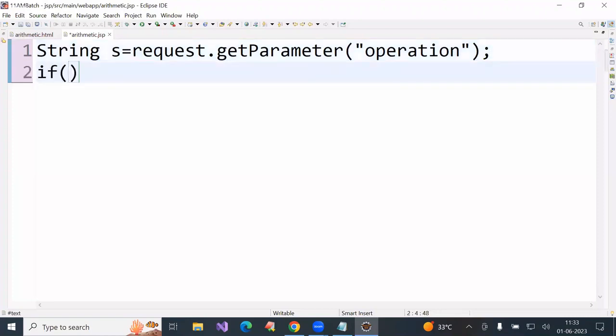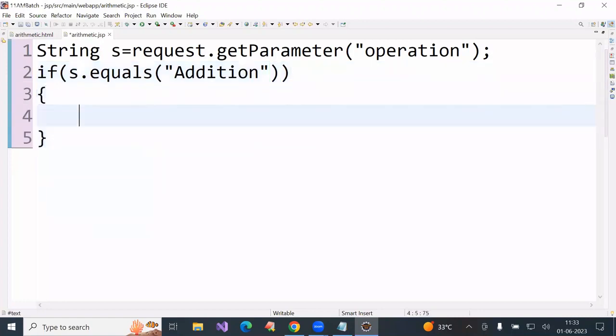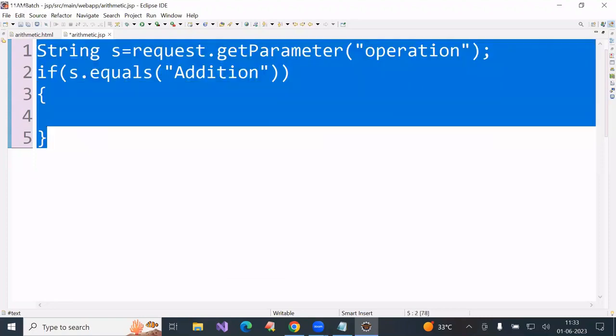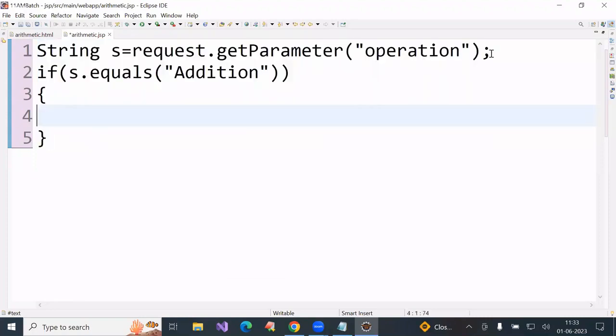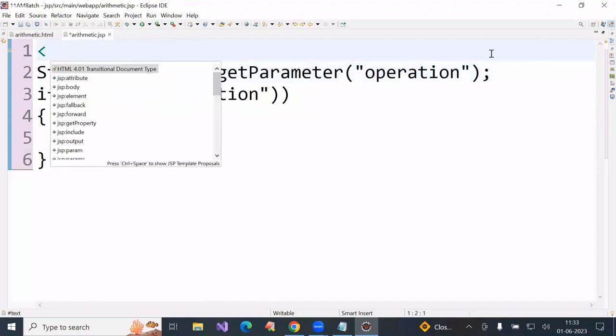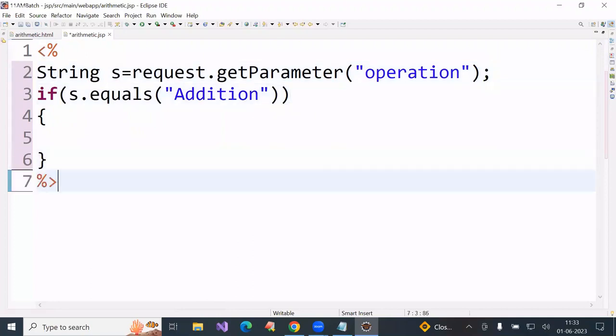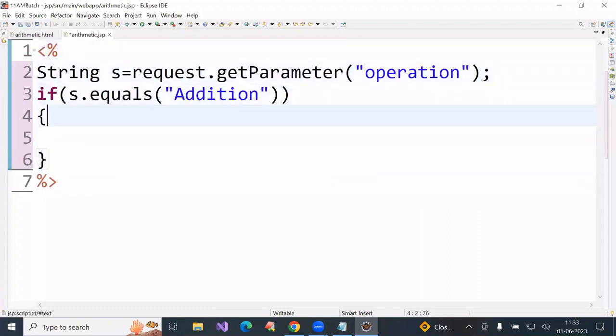If sc dot equals addition, then we have to forward. Okay. First, this total code, in which element we have to write? Scriptlet or declaration or expression? Scriptlet. Now it is scriptlet open, it is scriptlet close. In between here,